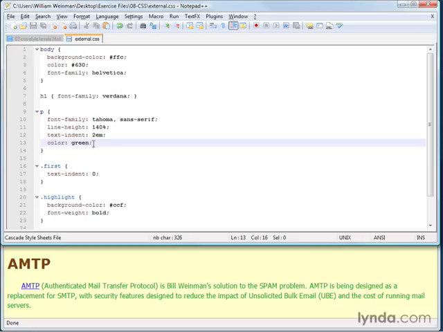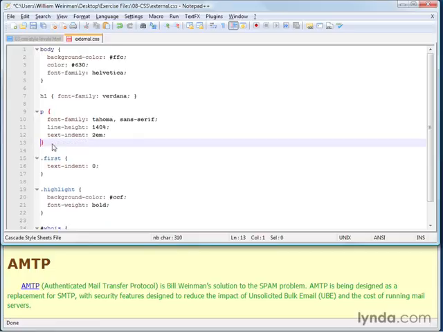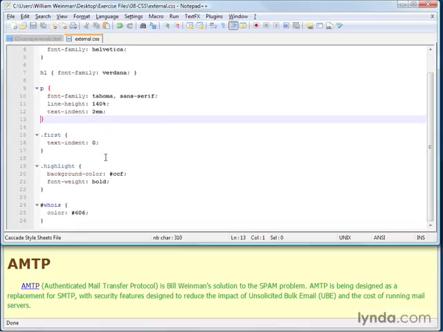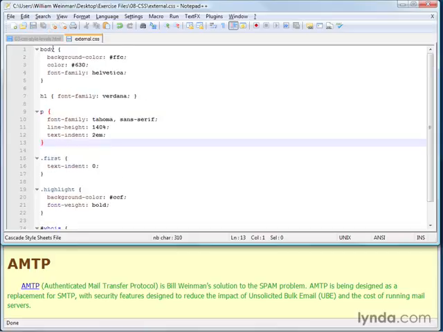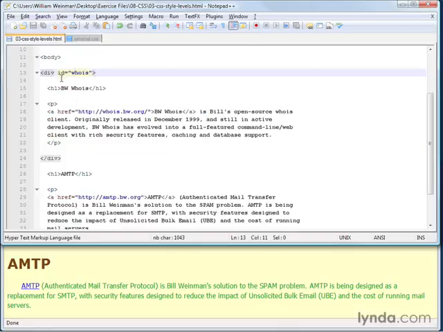They're technically supposed to be separators, and most people will use them as terminators instead. In other words, they'll put them on every line, and that's the reason for that, because otherwise you have to keep track of it, and it's just too hard to do. So there you have it. That is the syntax of the CSS. You have the selector, you have the curly braces, you have the properties and values, you have your semicolons. I just want to cover one other thing that's easy to get wrong.